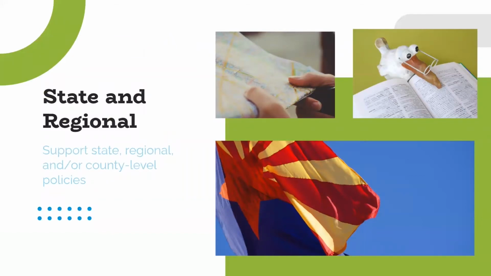State and regional policies are those passed by legislative bodies such as the Arizona Legislature, tribal councils, and county boards of supervisors. State and regional food policy work could look like assessing current county gardening ordinances, participating in making changes with the Food Policy Council, sharing model legislation to support new farmers, or advocating for changes to existing food systems, taxes, subsidies, or other funding.